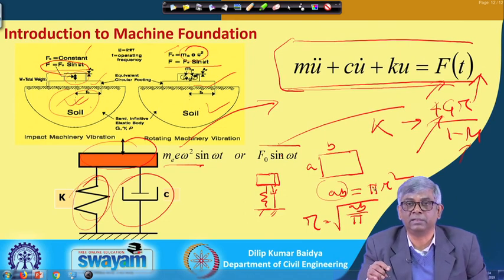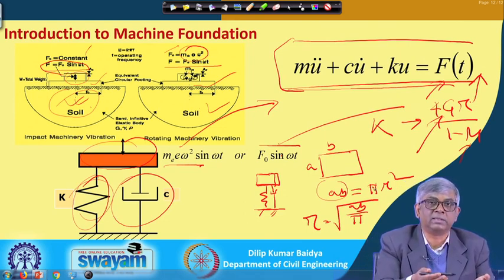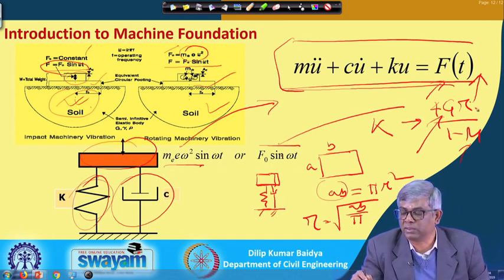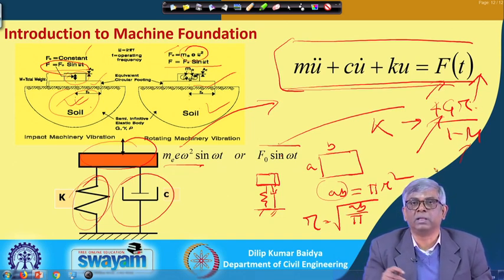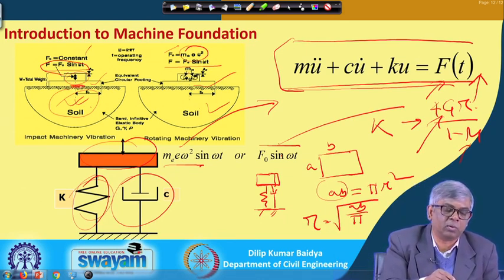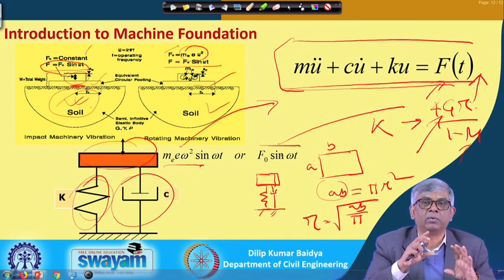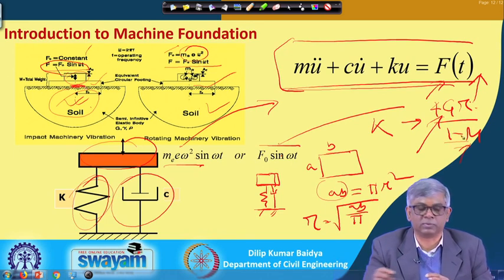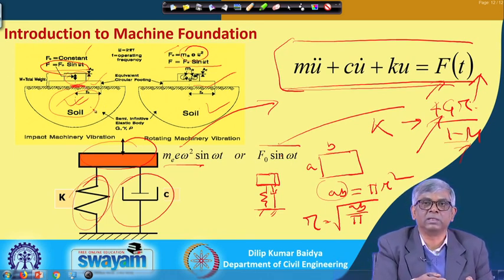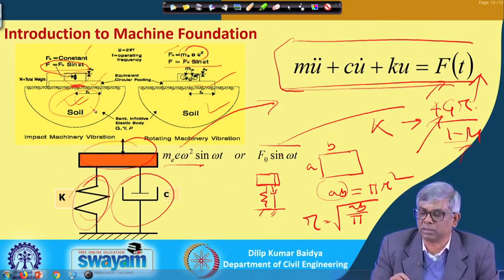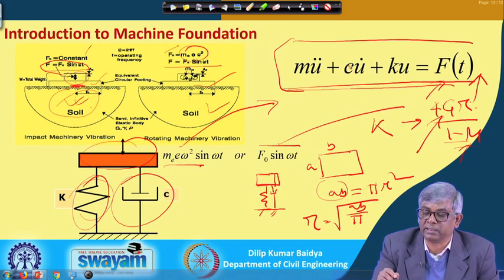That is one thing we need to find. When you replace the soil by a spring, that spring stiffness has to be obtained, and 4GR by (1 minus mu) has come from elastic theory. If I apply a load here, what will be the amount of settlement? Then finally load divided by settlement, if I do an elastic settlement analysis, this expression comes for an infinite homogeneous soil. So that is the first thing to be obtained.